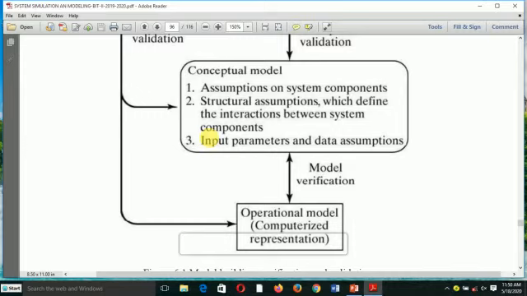And also we are going to think about the input parameters, like the ones we used in the previous unit, for example the mean and the variance and other parameters. Also, you are going to use assumptions. In the conceptual model, it means that you are going to use approximation. It is not necessary to have 100% reflection between the conceptual model and the real system.